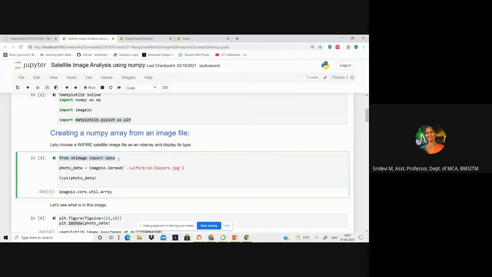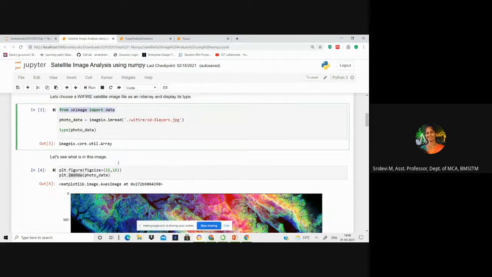Now, you should also get from skimage, the scientific Python tool, you are importing data, right? And that data I'll show you where exactly we use. You're taking an image variable here, the image path where your JPG file is stored.